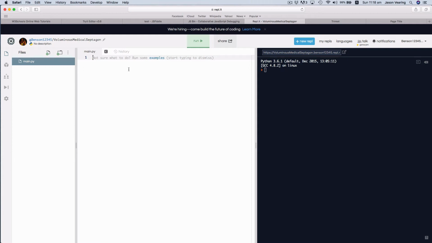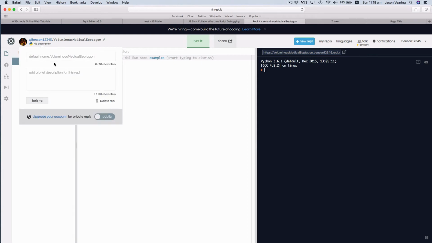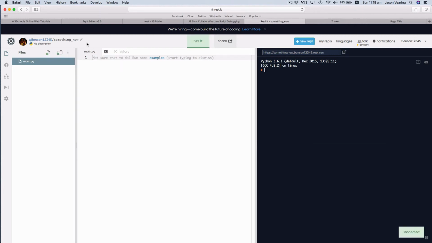But once you have got your account set up and everything's working, any bits of code that you make, you can edit the name of it here. And then you can share your work